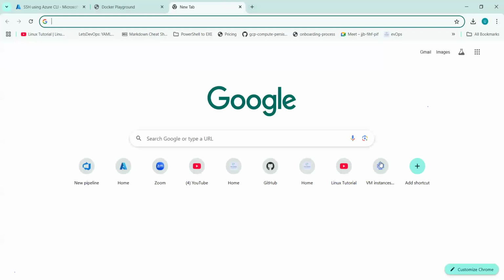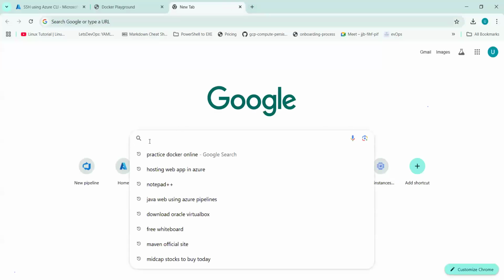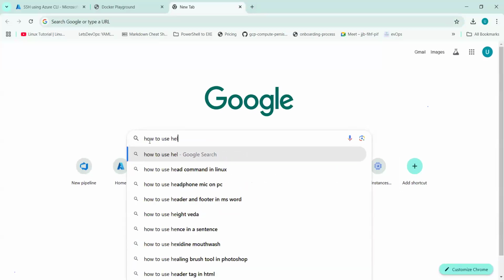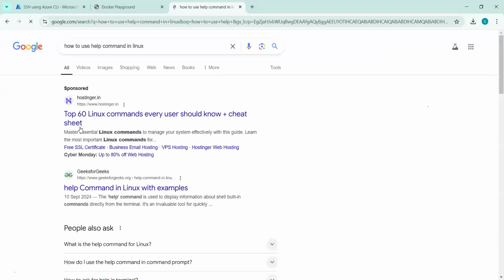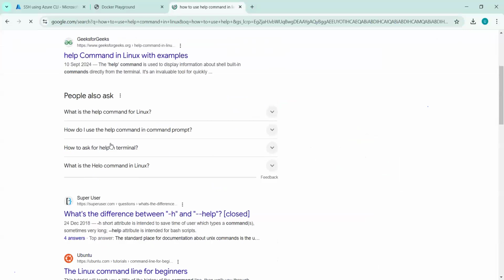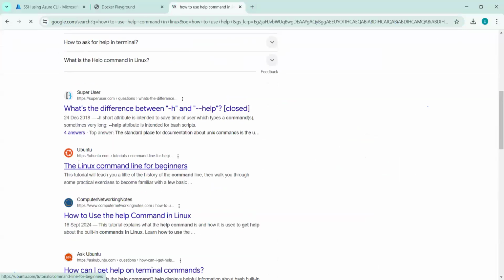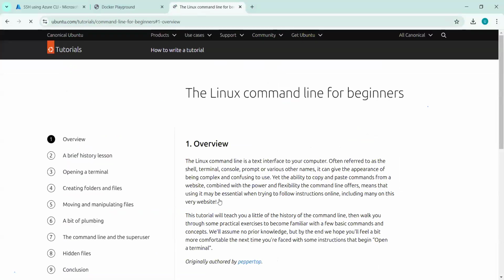So in that case, if you are not getting it, you can simply type how to use help command in Linux. So this is the Ubuntu official documentation, and I will share the cheat code here for all.